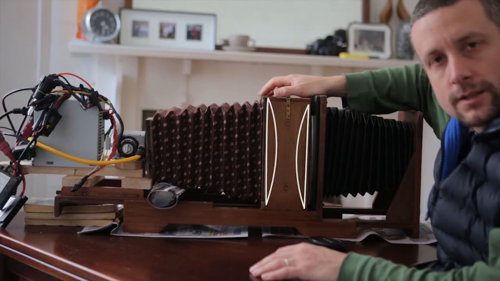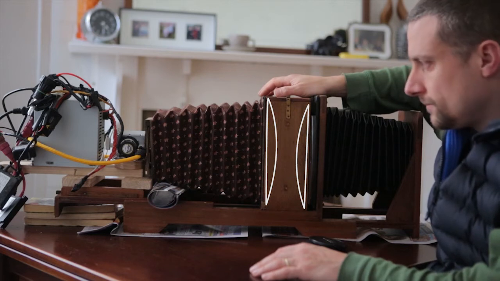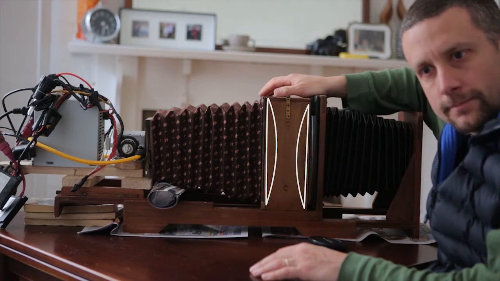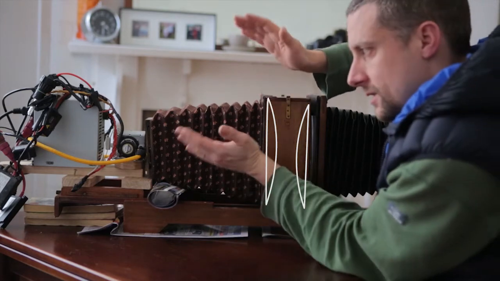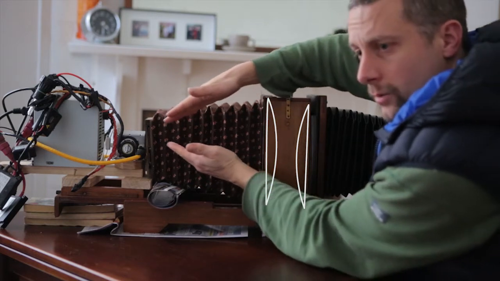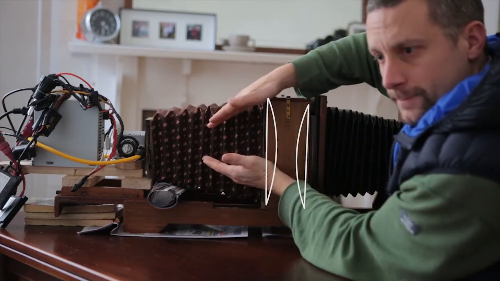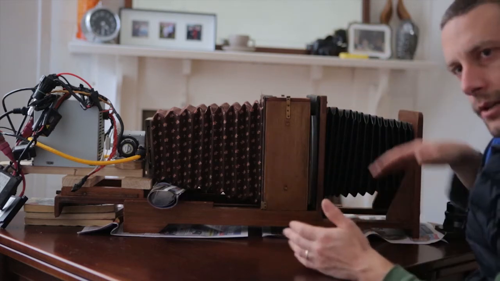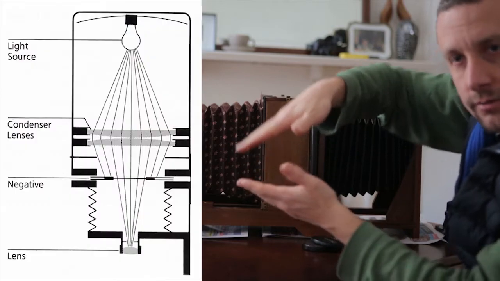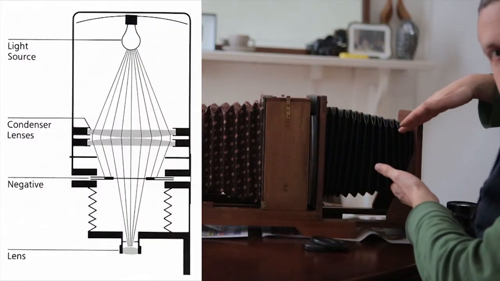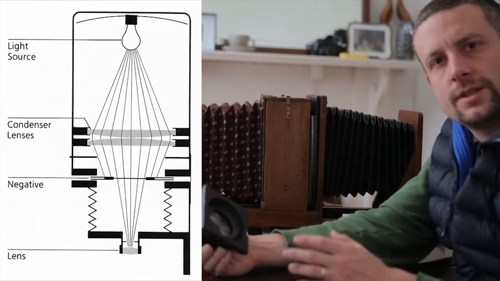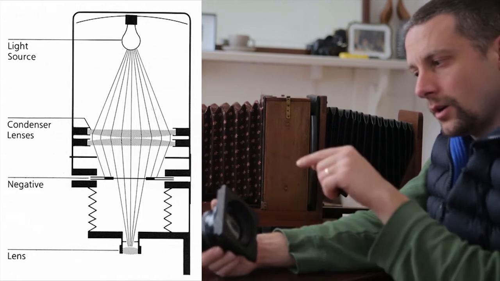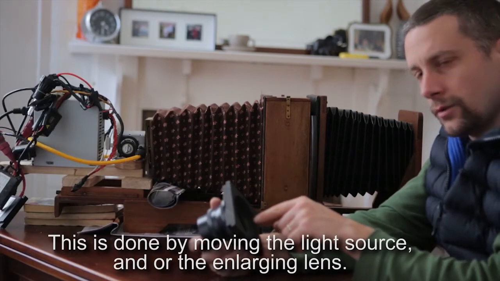Two lenses exactly the same, opposite each other, each have a focal length and a focusing point. So the way the condenser lens sees your light source is a bit of a cone. You could imagine a funnel. What happens is this gets reproduced and mimicked on the other side. And to put it simply, you end up with a convergence of light coming out of the condenser lens towards the lens. When you position the convergence of the light where it inverts on the nodal point of your enlarger